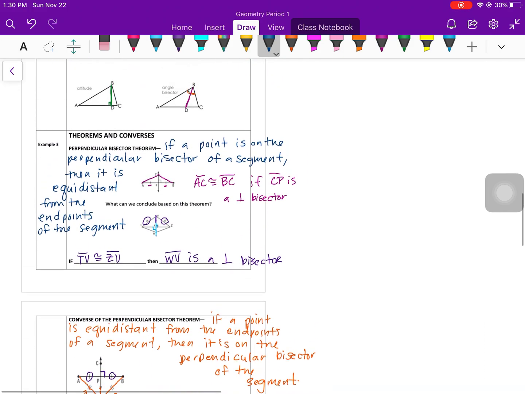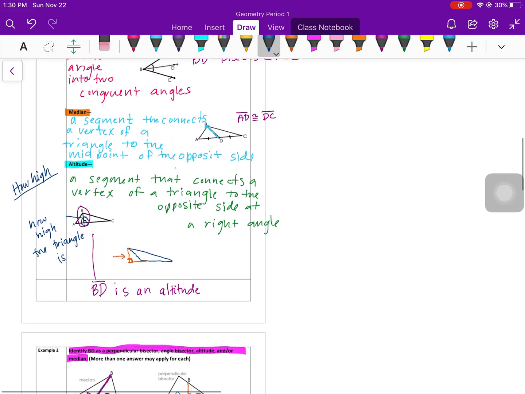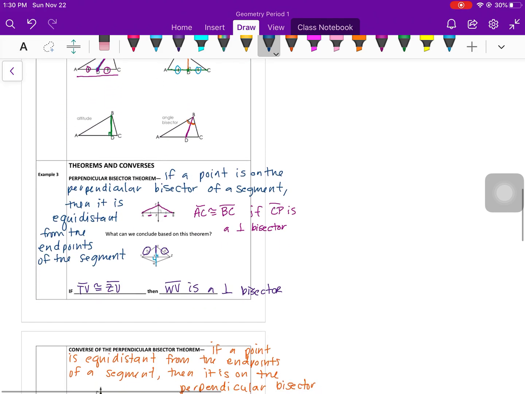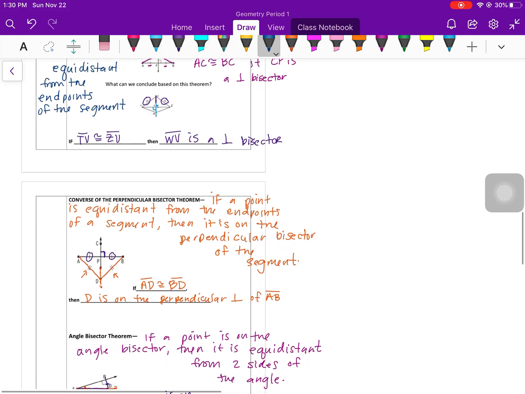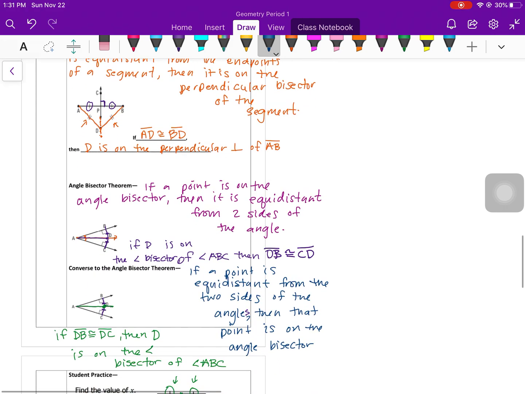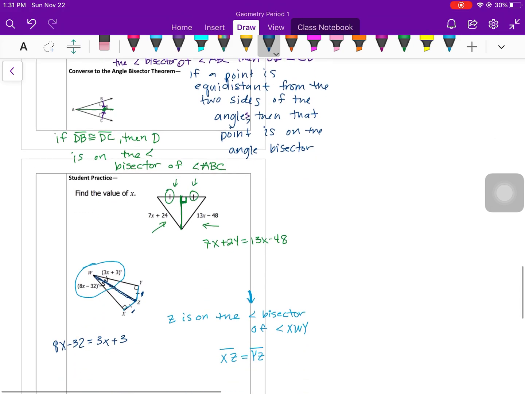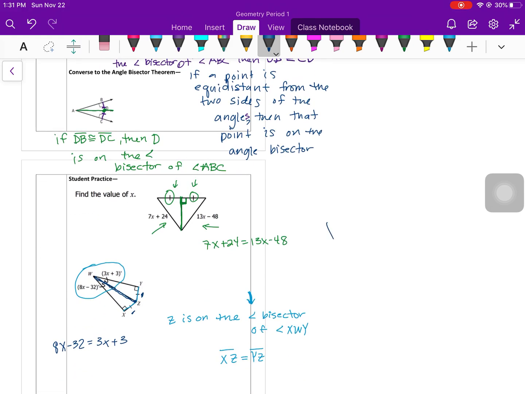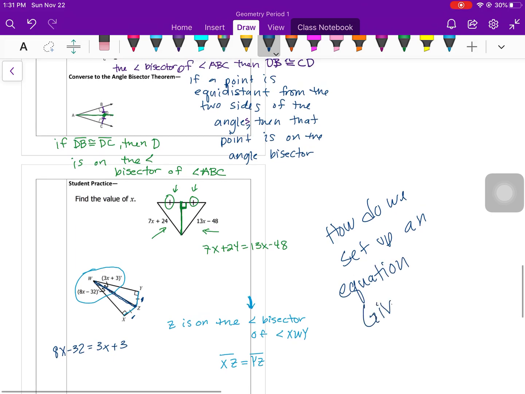Hopefully that made sense. If it didn't, reach out to me. Let me know if you have any questions at all. We're talking about basically solving equations given the perpendicular bisector theorem and the angle bisector theorem, which is information that should be semi-familiar to us. It's just a matter, again, of how do we set up an equation given the info we know. Okay, let me know if you have any